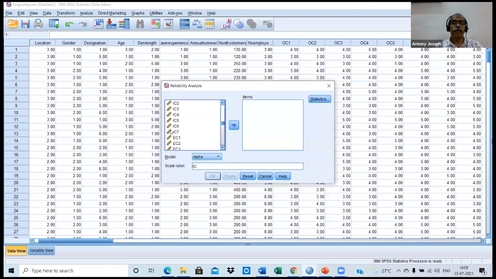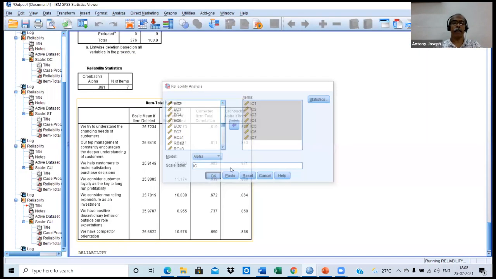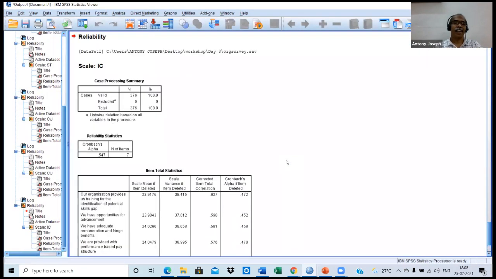There were 6 or 7 statements. Okay, wrote them together here. Give OK. See, the Cronbach alpha is only 0.547. What does it indicate? This scale is not at all usable. That is the meaning.